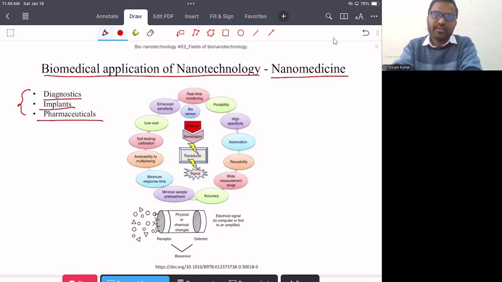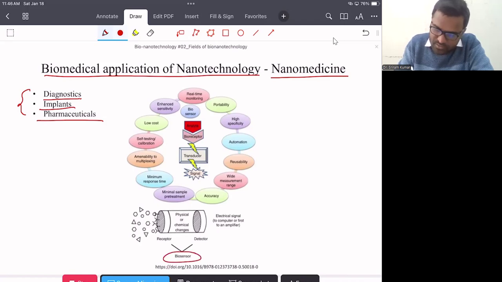In diagnostics, if you want to diagnose any patient, we need to have one kind of sensor, and that sensor is called a biosensor because it is used in biological applications. So here we need the biosensor. What does a biosensor do? That biosensor has a surface that interacts with our